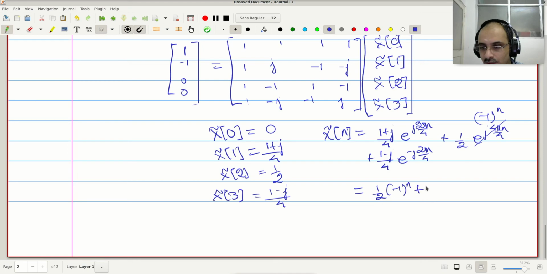Plus, this is going to give me cos 2 pi n by 4 into 2. So half cos 2 pi n upon 4. Okay, and then plus, now the other part, e power j plus e power minus j is going to give me cos, and e power j minus e power minus j is going to give me sine. But then I'll have a 2j over there and there's an extra j, so I'm going to say